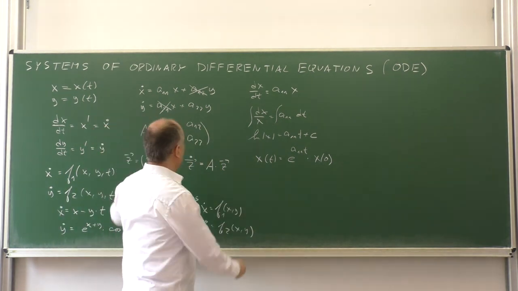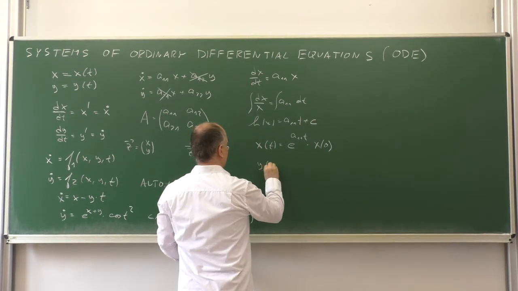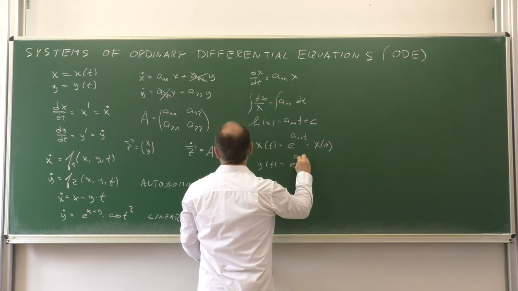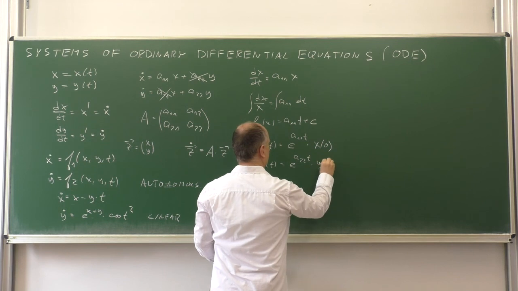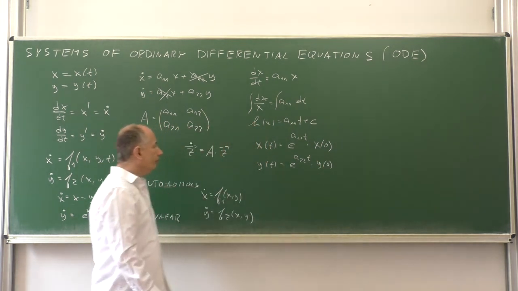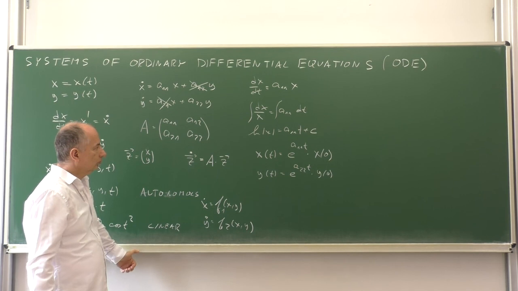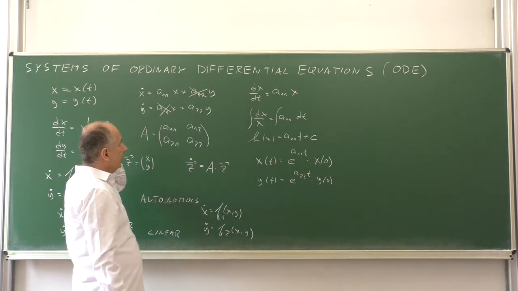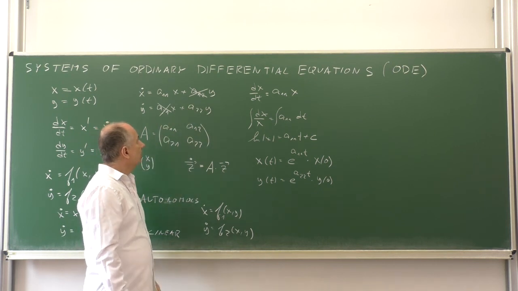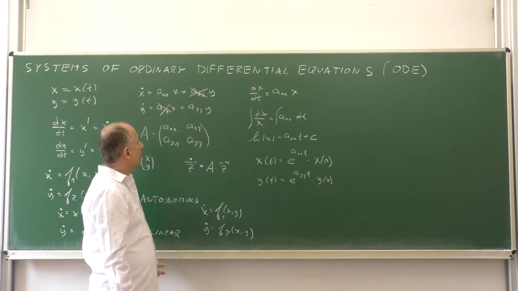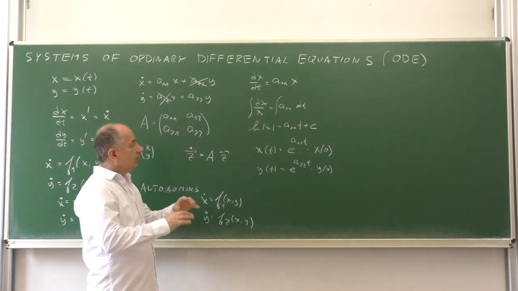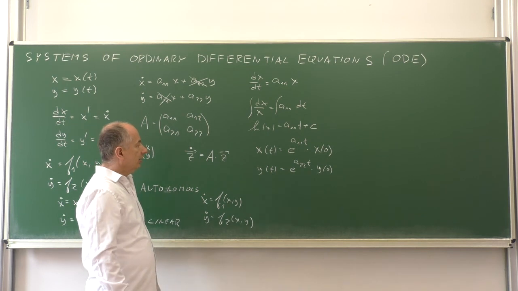And similarly for y, we arrive at the solution y at t is exponential of a22t times y at 0. Well, and now in the general case, when a12 and a21 are not 0, the two variables are related,